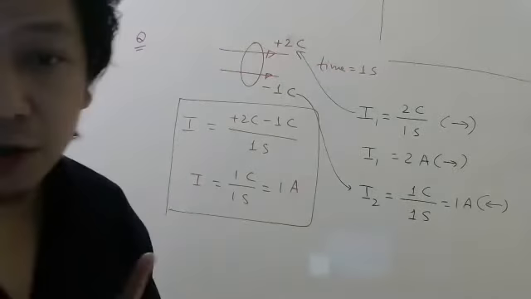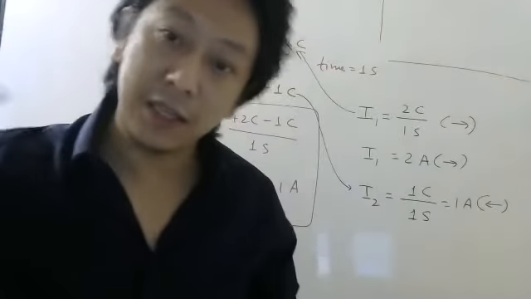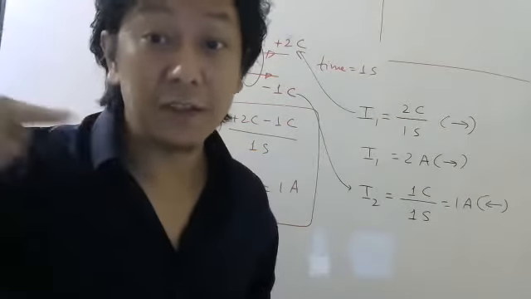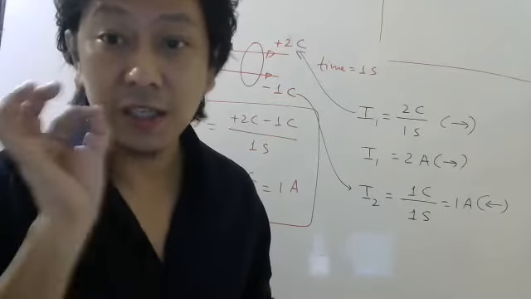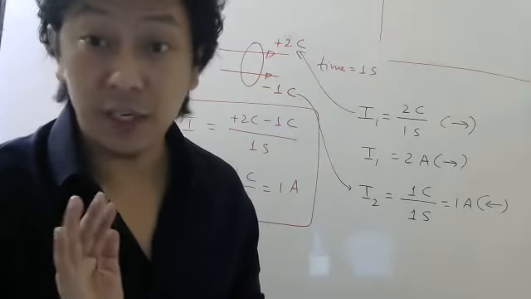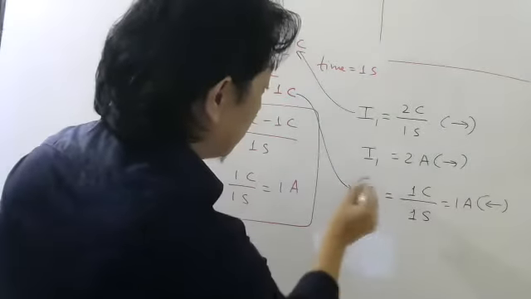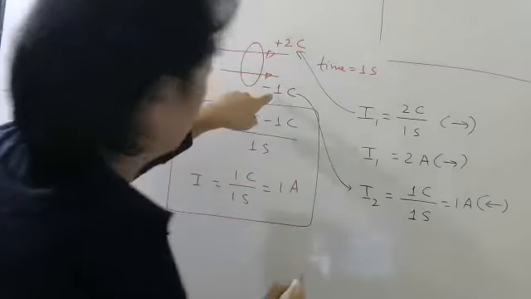So this is very important to remember. If positive charges are going like this, we take current in the same direction. If negative charges are going like this, then current we take in the opposite direction. So current is taken opposite to the flow of negative charge. That is the convention, students. You have to try to remember. So now these two are the currents through this area. This is current due to the first one. This is current due to the second one.